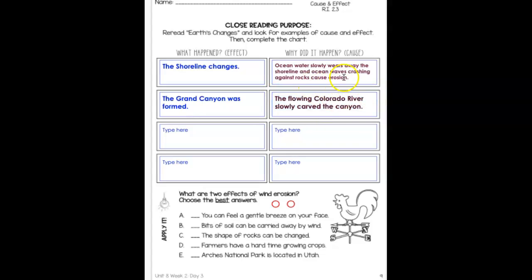So this basically sums up what we just discussed. Okay? So the effect, the shoreline changes. Why? Ocean water slowly wears away the shoreline, and the ocean waves crashing against the rocks cause erosion. The Grand Canyon was formed. Why was the Grand Canyon formed? Because of the flowing Colorado River slowly carved